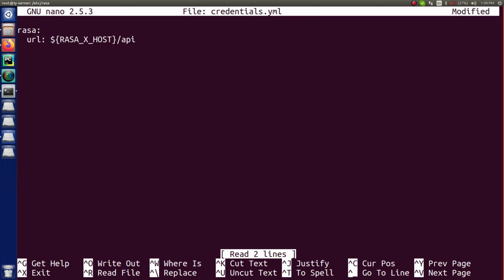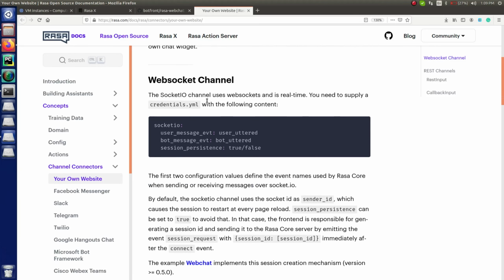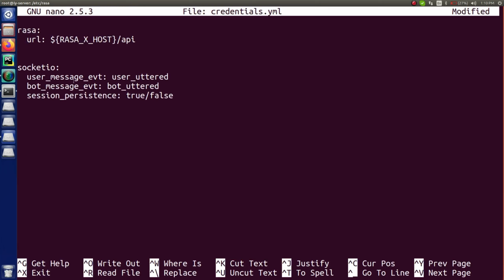So now what I'm going to do is I'm going to add these credentials, and I have those credentials, and you can get them on the official website of Rasa, right? So just copy these and just paste them inside this, right? And in here you can see like socket.io, and after that user message event, bot message event. So we are having these two services, which means you're directly going to connect your Rasa chatbot to a website, and for sending and receiving the messages, it will take care of that part, right? So this is all about that.